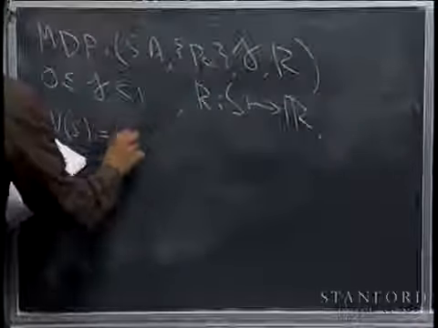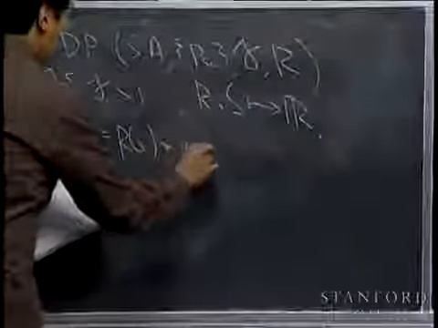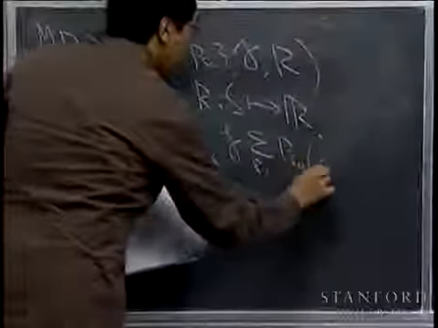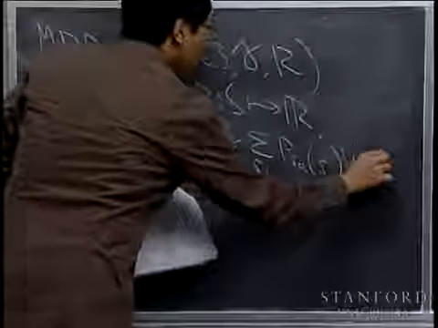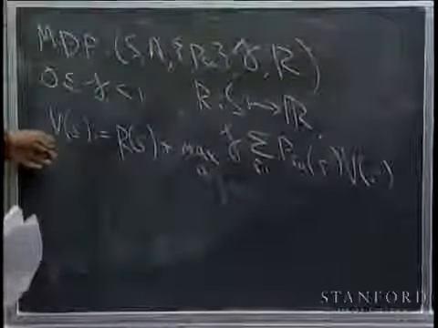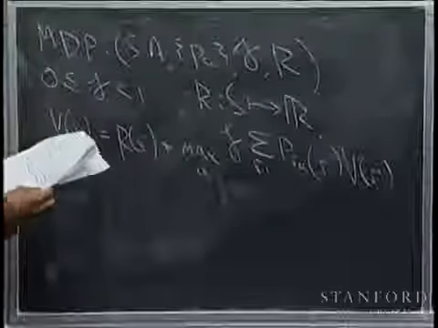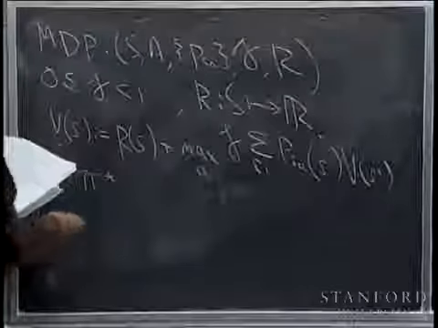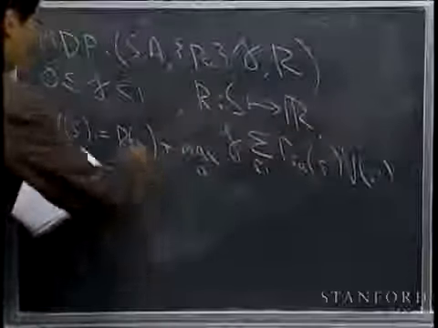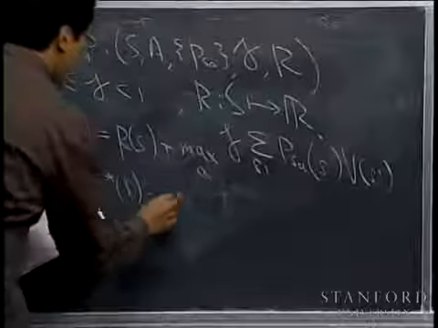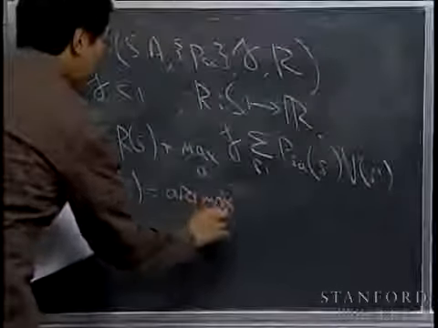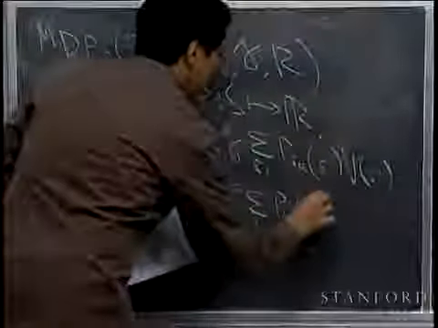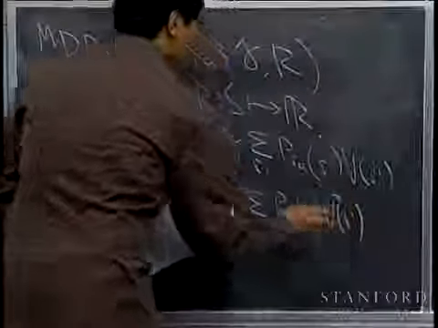value iteration, which would do this. And so after a while, value iteration will cause V to converge to V star. And then having found the optimal value function, you compute the optimal policy by taking essentially the argmax of this equation above. Argmax over A of that thing.